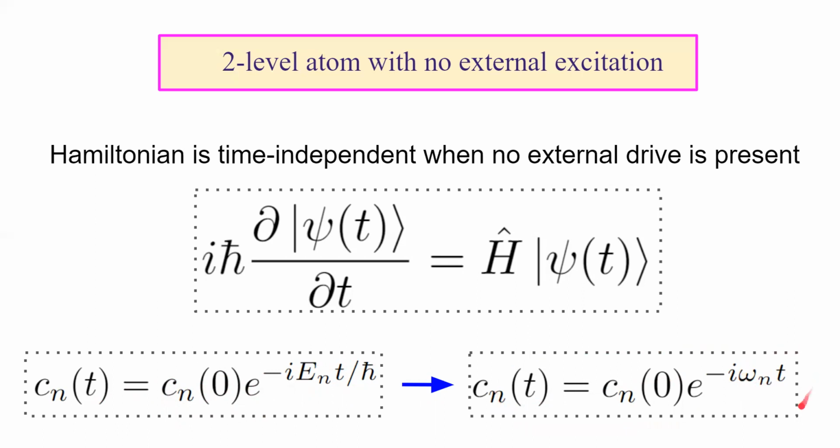So what we see is that this is the time evolution nature of the probability amplitude, of the nth probability amplitude. So if I take the magnitude on both sides, what we have is, once we take the magnitude, as you can see, this is a phase term, right? So this term does not affect the probability part. So the phase of the probability amplitude is kind of evolving, and what we can see is that the relative phase would evolve with time, but not the probability. The probability would remain the same as the initial value,